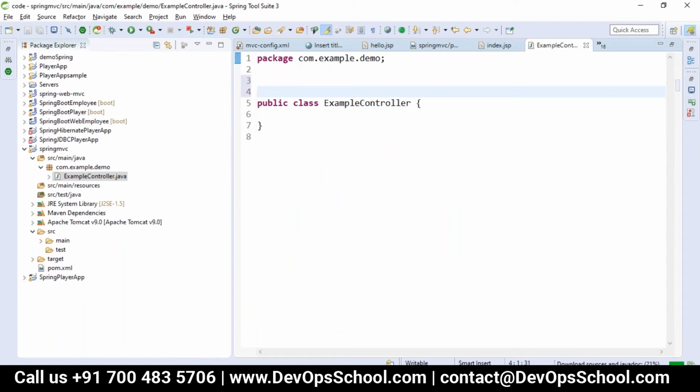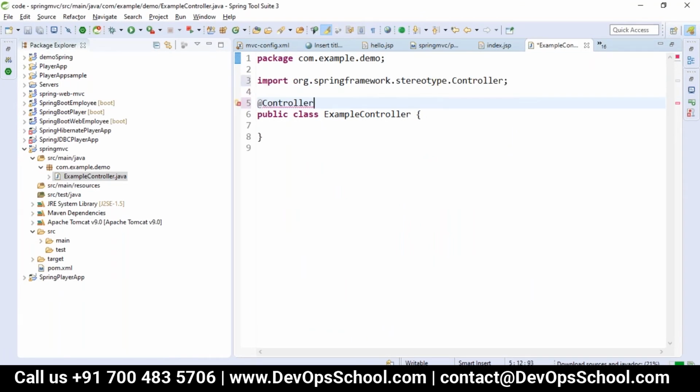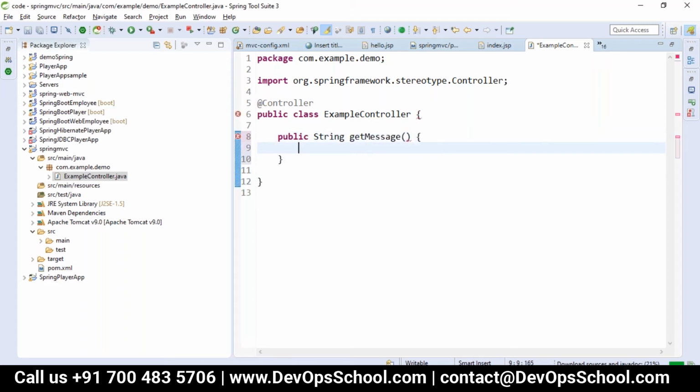Where I want to work with Spring, I will annotate it with controller. I have one method, which is public, the return type is string, and getMessage is my method. I will return hello.jsp. I'm just writing only this.